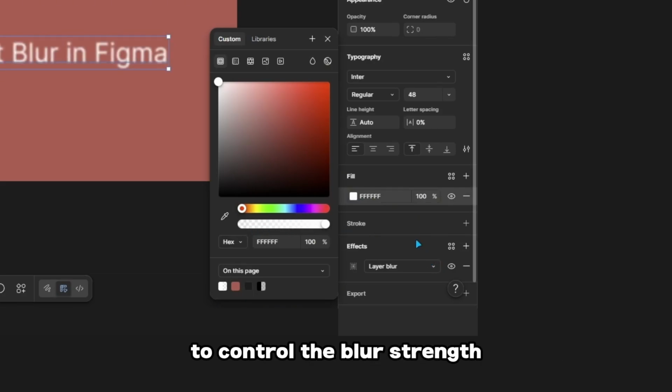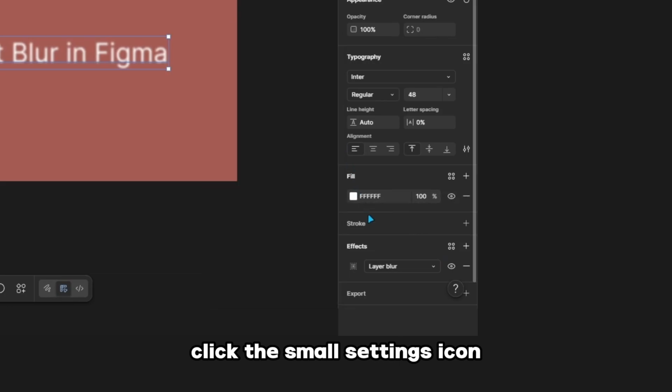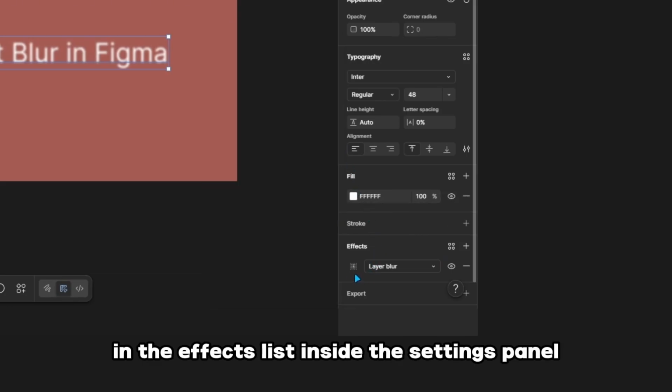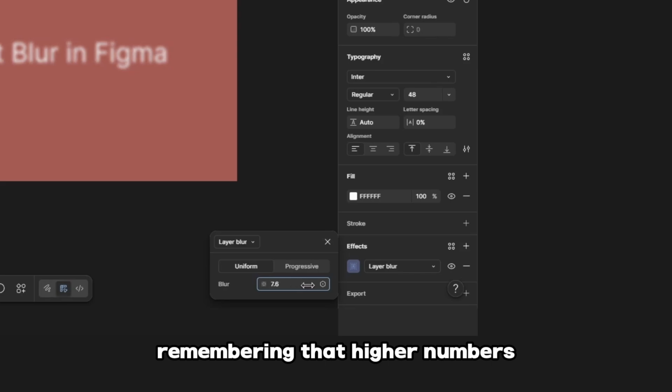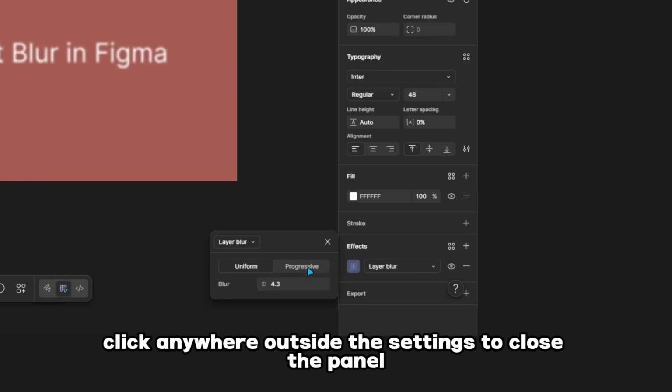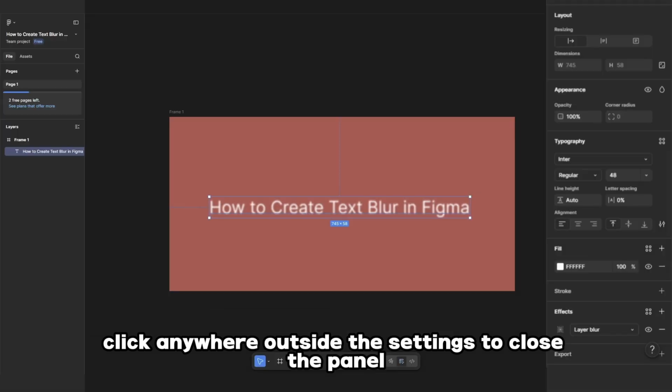To control the blur strength, click the small settings icon beside the words Layer Blur in the effects list. Inside the settings panel, adjust the blur value to any number you like, remembering that higher numbers create a much blurrier effect. Once you are happy with the result, click anywhere outside the settings to close the panel and preview